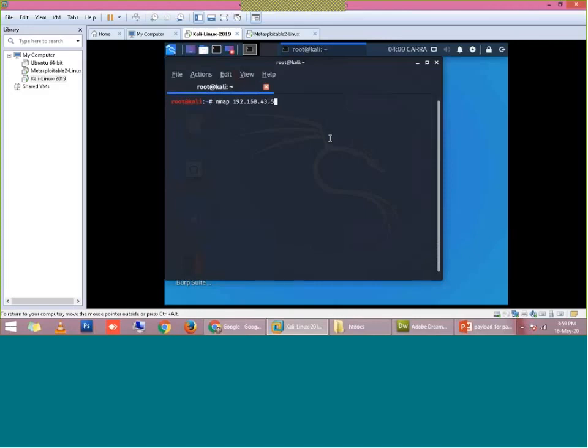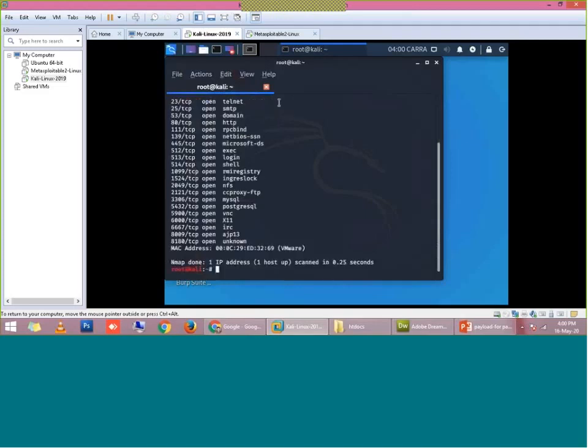This IP address is for Metasploitable. Now I am going to scan. Nmap is network mapping, a network scanning tool, right? So nmap will scan throughout this machine, Metasploitable 192.168.43.5.